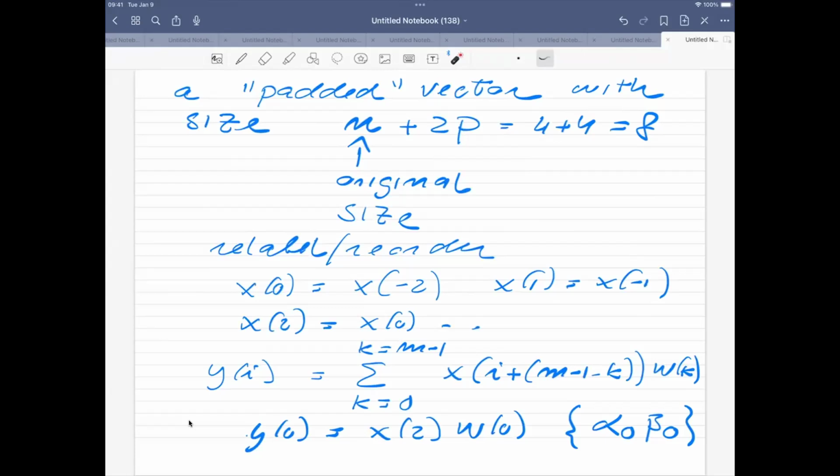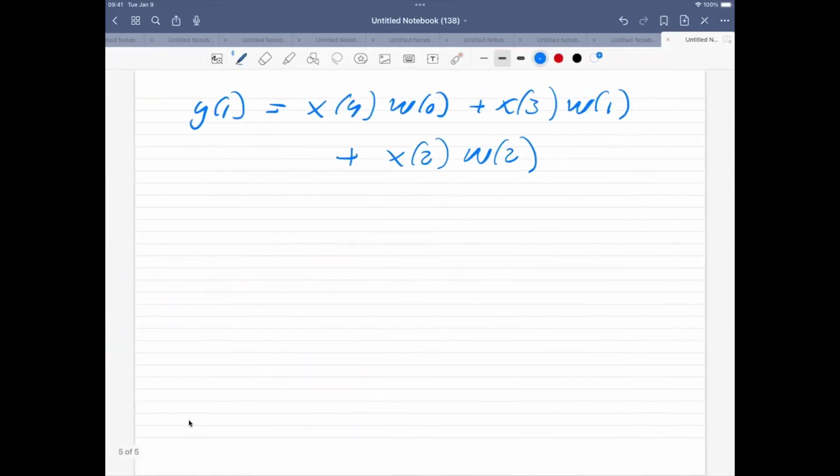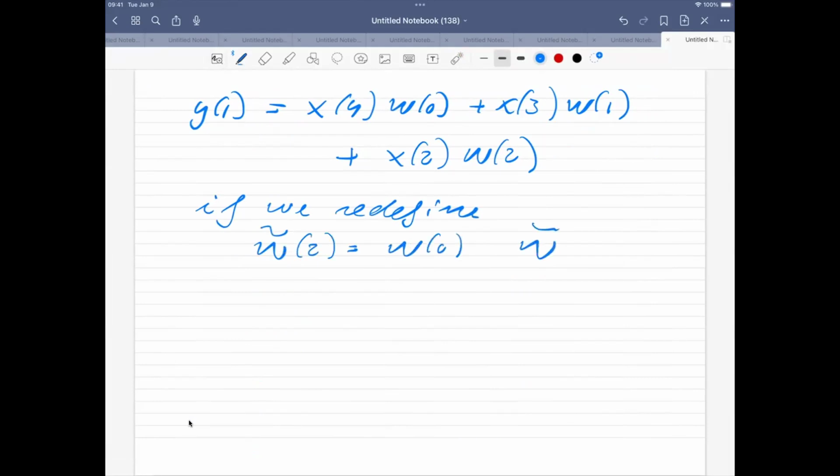So if we redefine, I define a w tilde 2 here, which is the same as the original w0. I have a w tilde 1, which is actually the original w1 here. And then I have a w tilde 0, which is w2 here. If I do that, then I can rewrite